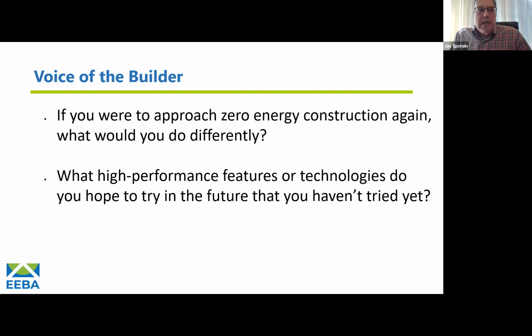One thing that we are going to try is the Cosmos Healthy Home System. So we always talk about indoor air quality, and we meet ASHRAE, and we've got our ERVs in the house, and it's moving air throughout the day, and we've gone to the heat pumps that are variable, not variable speed, but variable stages, and that can ramp up and ramp down. But the other piece is the indoor air quality. People are living in that house longer. So if they've got a larger party, there are sensors now available to check the air quality and to increase the fresh air coming in, whether it's through the bathroom fan, the ERV, and exhausting air. It's all a matter of now it's becoming a 24-hour seasonal